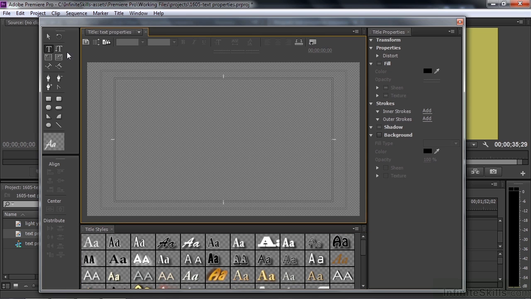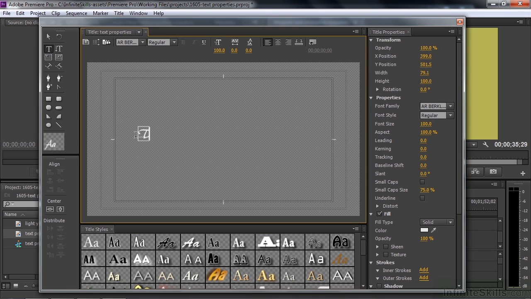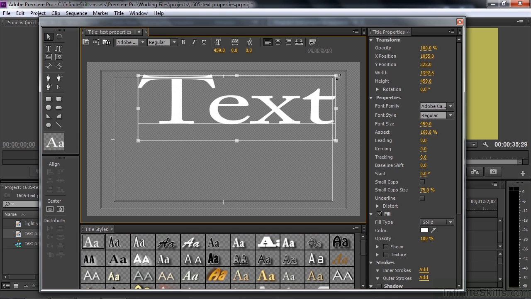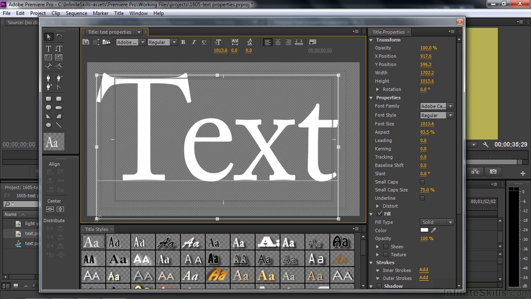Let's add some text. You have the Type tool selected by default. Just click anywhere. Type in text. That's the default font for me, the first one in the alphabetical order. I'm going to switch over to this font here, this style, to make it simple, and I'm going to make it really large. I'm going to take the upper right-hand corner here and drag it to the upper right-hand corner there. Take the lower left-hand corner and drag it down so we can see what we're doing here